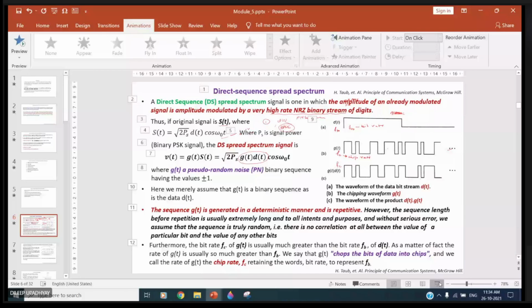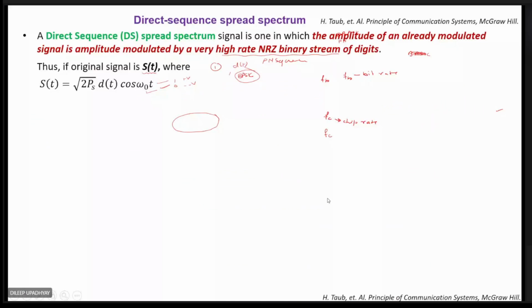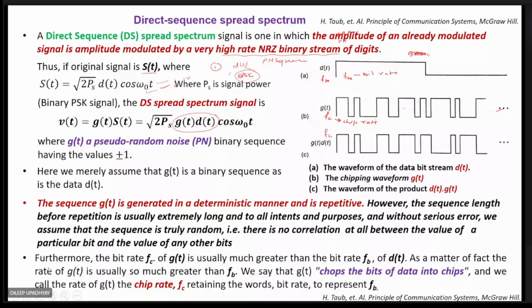Furthermore, the bit rate FC of the GT is usually much greater than the bit rate FP of the DT. This FC is much greater than the FP. As a matter of fact, the rate of the GT is usually